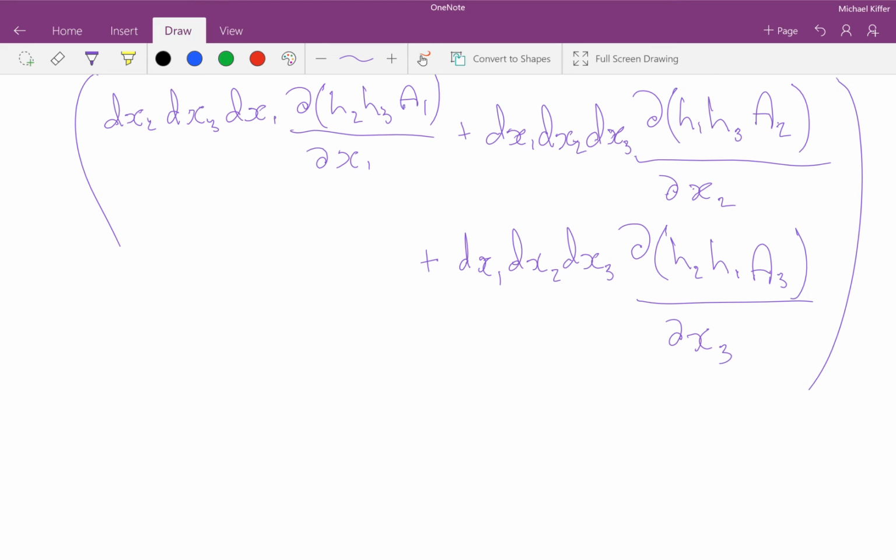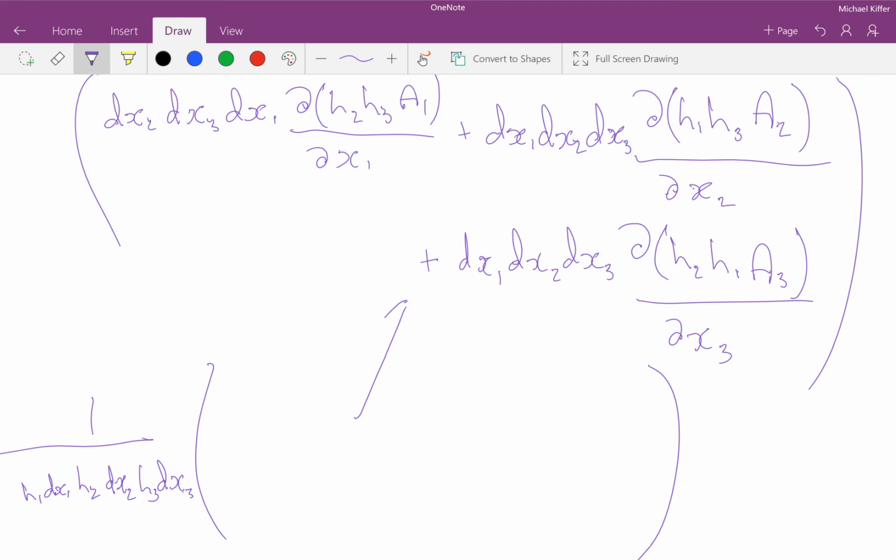And so to divide by the volume, we need to divide by h1 dx1, given that is the length of the volume along the x1 component, h2 dx2, the length across the x2 component, and h3 dx3, and